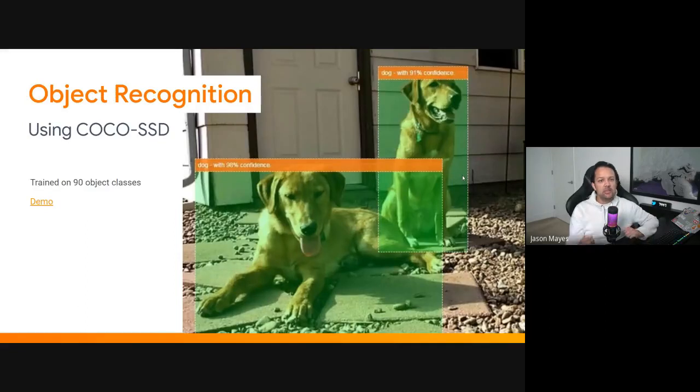But I'm going to go through some of them right now just to give you a flavor of what they're actually capable of. And the first one is object recognition. This is known as COCO-SSD behind the scenes. That's just the name, very fancy name for the model architecture, but essentially it's called object recognition. And it's been trained already on 90 common objects, things like cats, dogs, TVs, humans, things you might see in everyday life. There's 90 common objects it already knows how to classify.